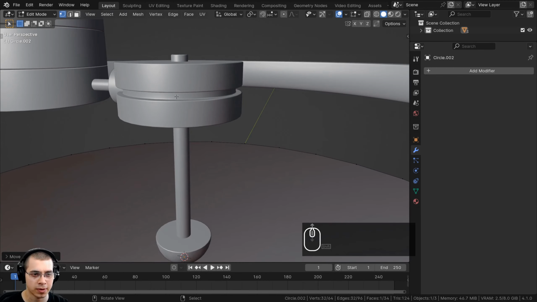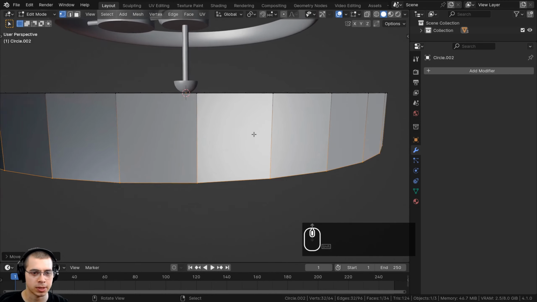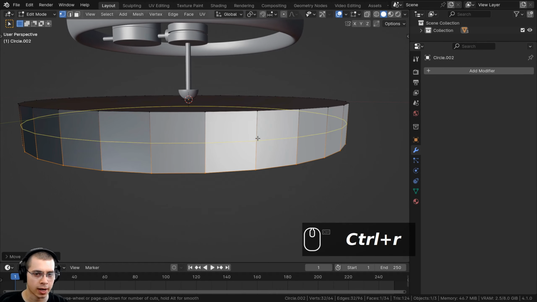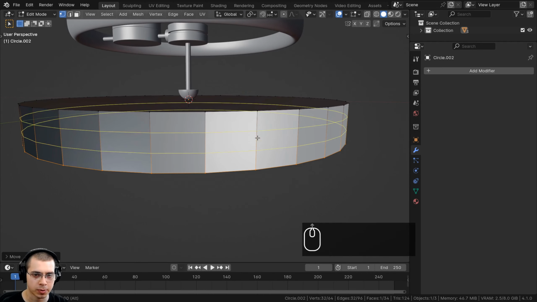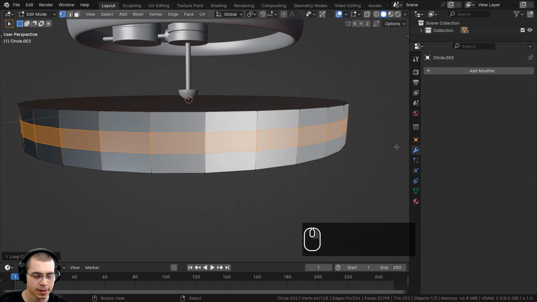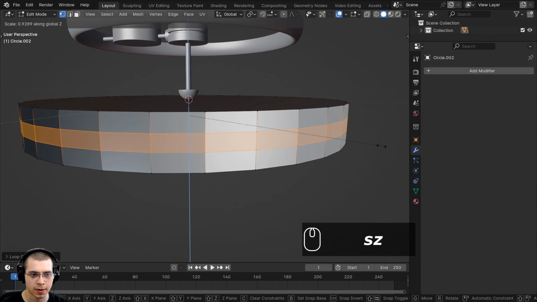And then just like we did for this object here, I want to add a little groove in the center. So I'm going to zoom into the object here, and I'll press Ctrl R to add a loop cut, and I can scroll my mouse wheel until there are 2 loop cuts, and then left click and right click so they stay in the center. And I can scale this down on the Z-axis, and I'll make that quite a bit smaller. So something like that is pretty good.